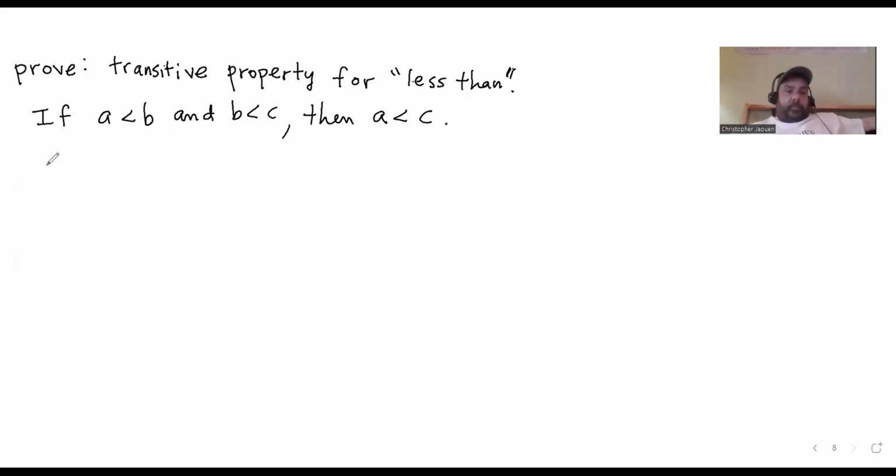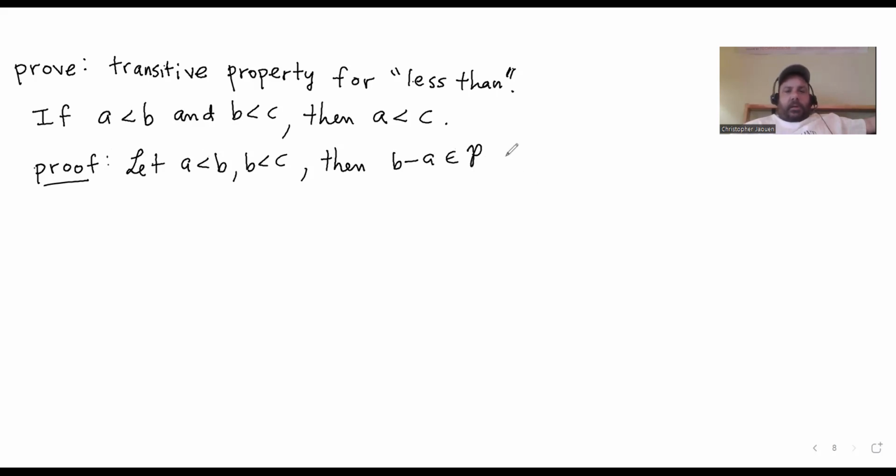So let's prove that using the way that we defined less than in terms of positive numbers. So let the hypothesis be true. Let A less than B, B less than C. Then by the definition of less than, B minus A is in the set of positive numbers, and C minus B is in the set of positive numbers. Okay, and by the closure of the set of positive numbers under addition,